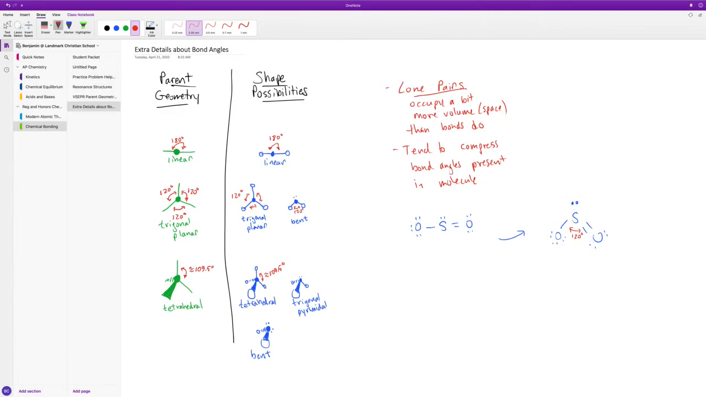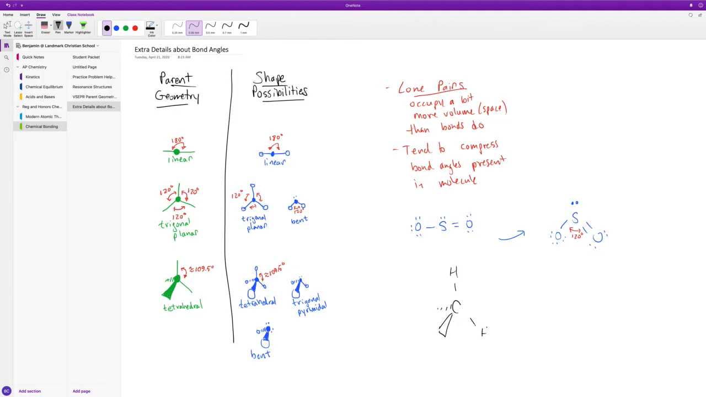Sulfur dioxide's 119, but there's other molecules that are still really close to 120. So we're going to say one lone pair doesn't really affect the bond angles. But down here in tetrahedral parent geometry, there is going to be a particularly large effect. Okay, so in the tetrahedral molecule, for instance, methane, we actually know that these bond angles